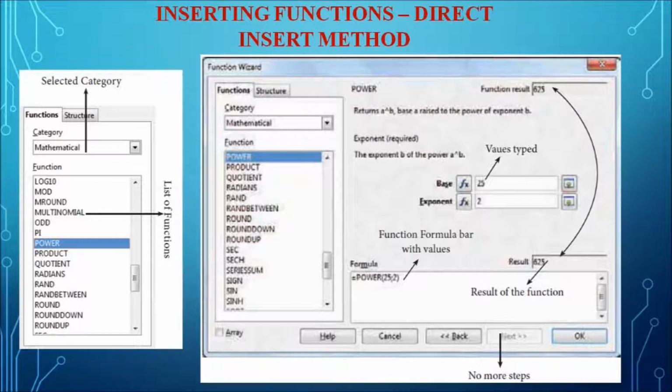In OpenOffice Calc, there are almost 350 predefined functions available under 11 categories. The functions are nothing but predefined formulas which are already available in OpenOffice Calc. They are specifically used to perform some frequently done calculations. So a frequently done calculation is stored as a function, and that predefined function can be used for performing calculations with the data.